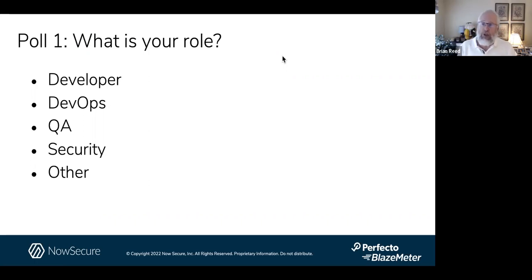First poll today. So we do a couple of polls. These polls are to help make sure that we're talking to the right people. So our first poll is going to happen now. We know there's people with lots of different backgrounds that are joining this. We have QA, we have DevOps, we have development people, we have security people, and other areas. So if you would please take a second and pick what role you are. Again, this will help Eran and I know where to lean as we make our comments and tell our story. I can't vote as a host or a panelist, but we'll leave the poll open for another 15 or 20 seconds. Again, we appreciate you doing this. It just helps us drive the story in the right direction.